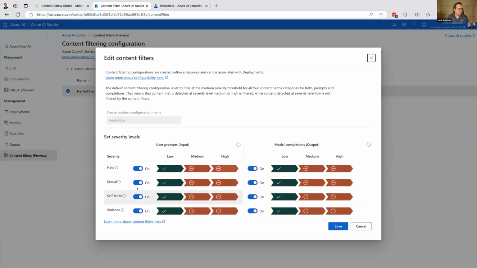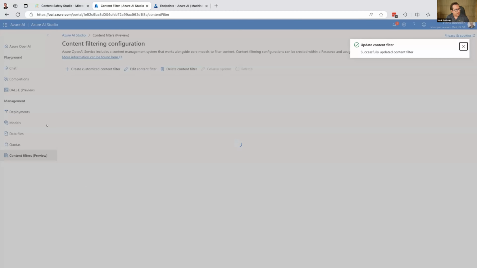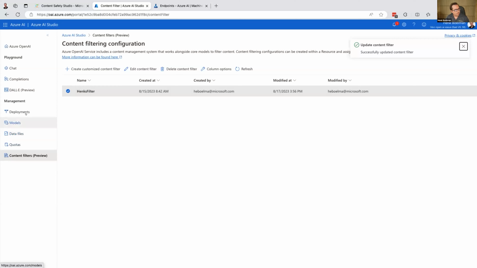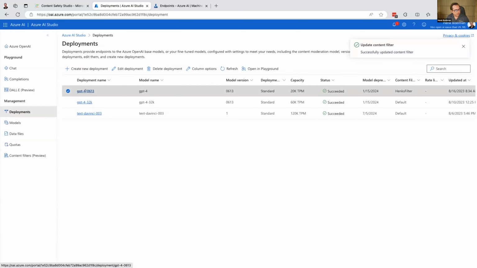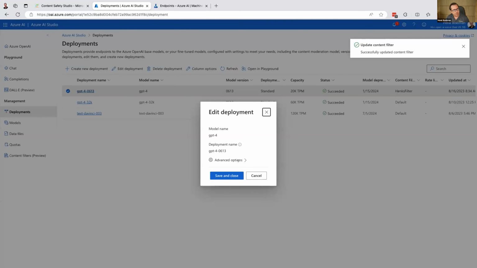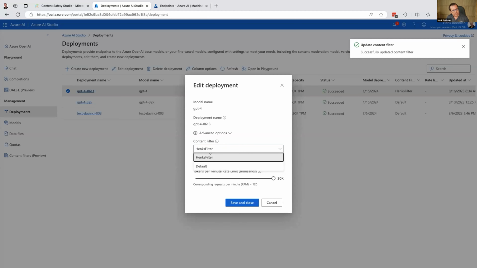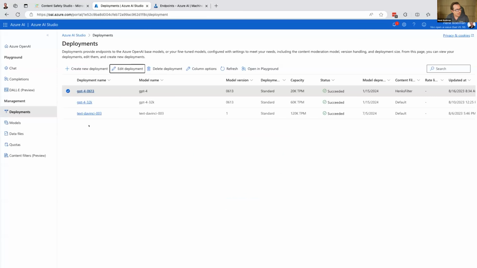Like, hey, I don't want to have hate content here. You accept low, you can even accept none. You save it. And within a model deployment, you can edit the deployment and select a filter. So you can have custom filters for different deployments here. And now, because one of these filters is deployed in front of these models,